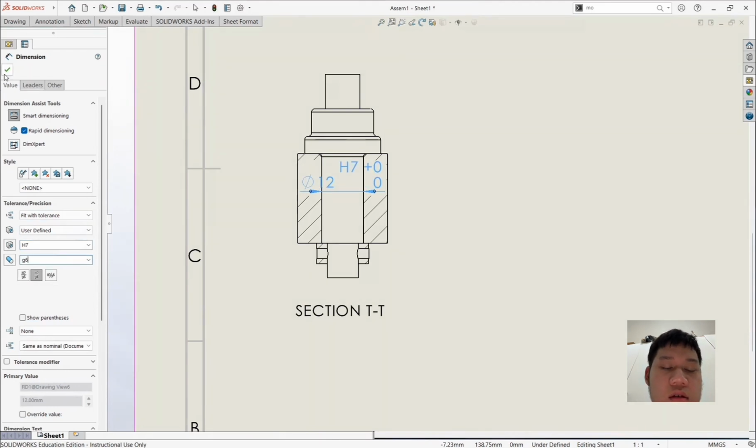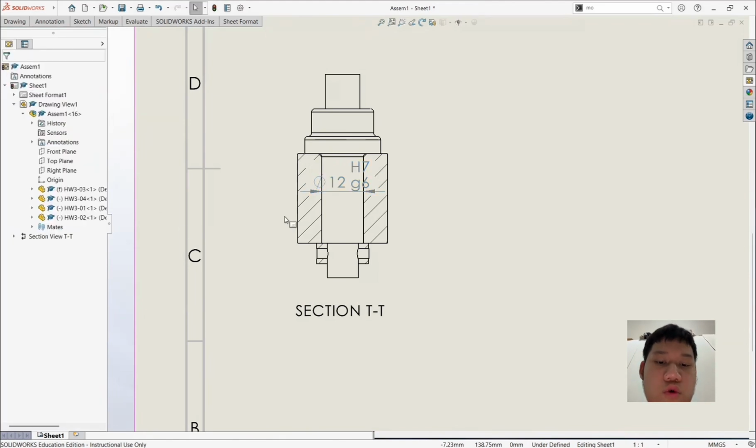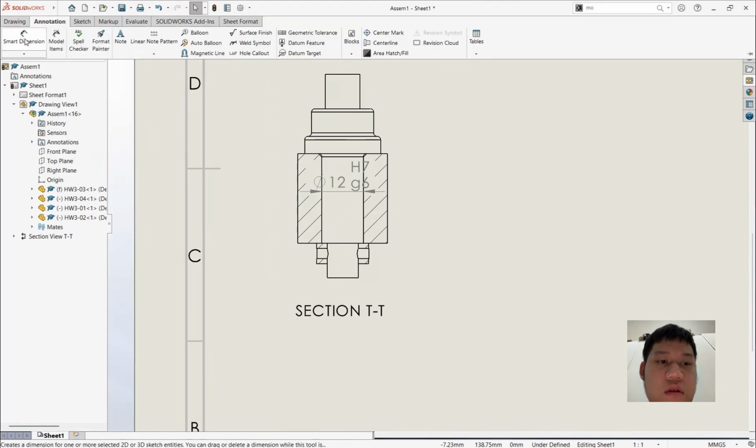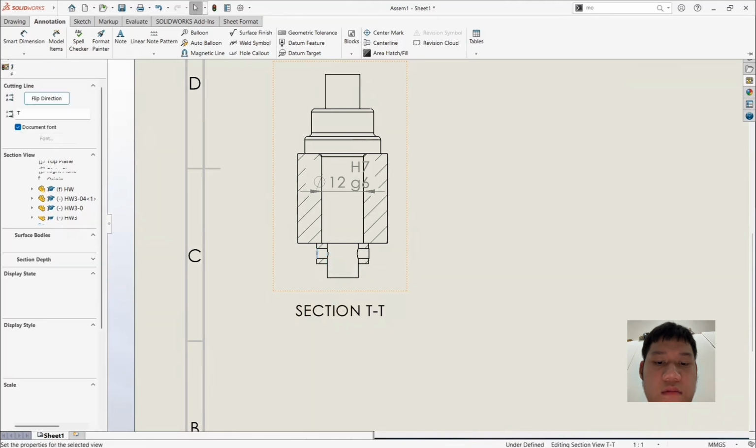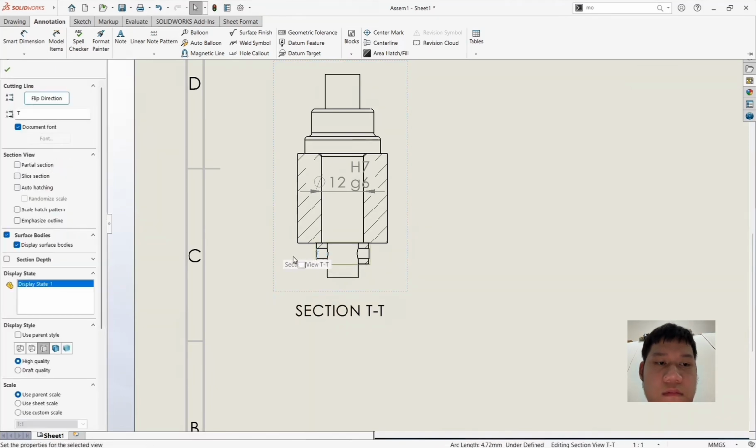Okay, next, let's move to the next dimension. Okay, select smart dimension again and select the point.